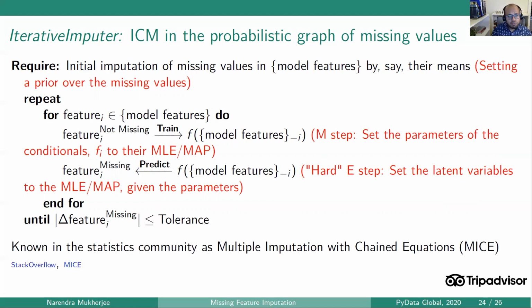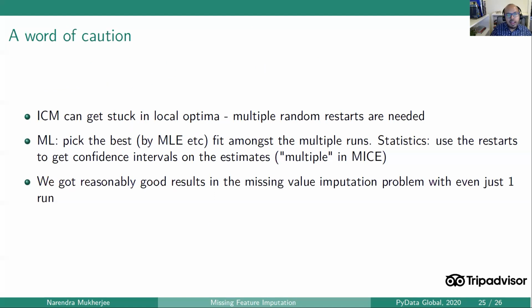So finally, before I get there, this model is also known in the statistics community as multiple imputation with chained equations, and I urge you to look more at these two links to get more details on that. But it was good for me to get a machine learning Bayesian inference sort of understanding of the process as well. I'll just end with a word of caution in that ICM can get stuck in local optima,